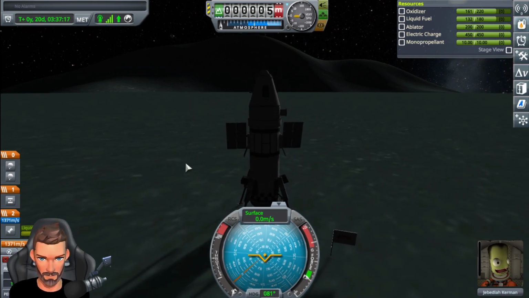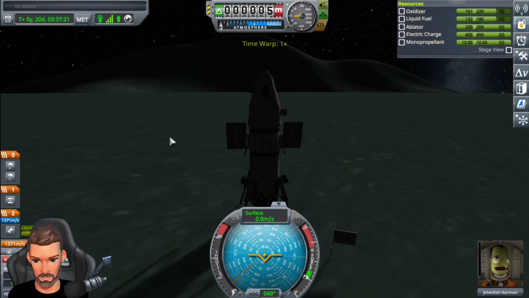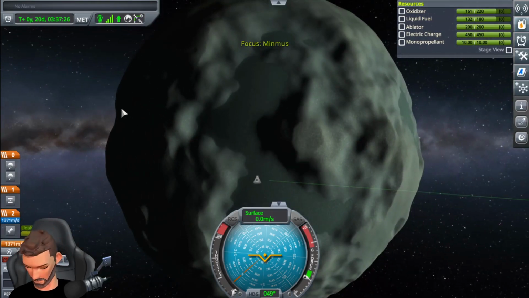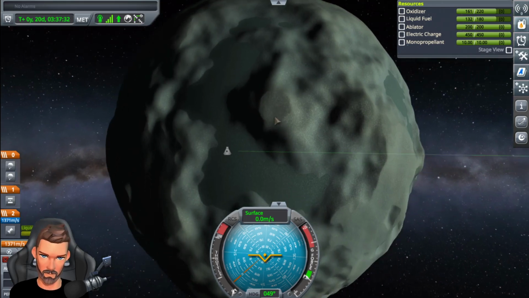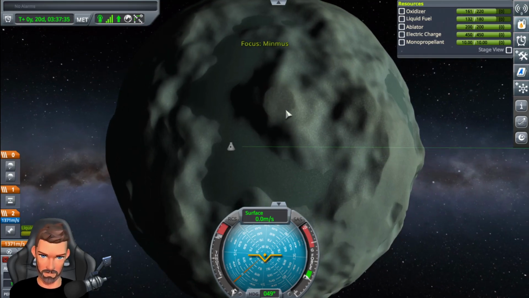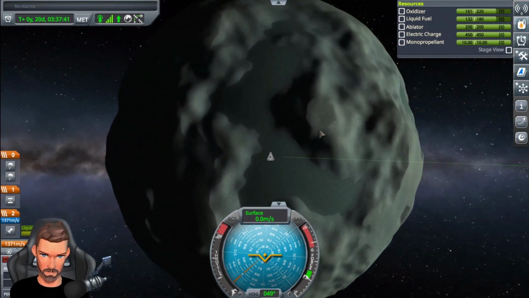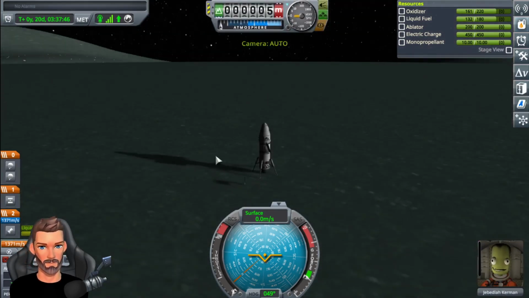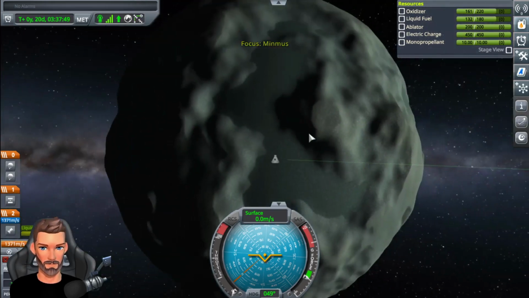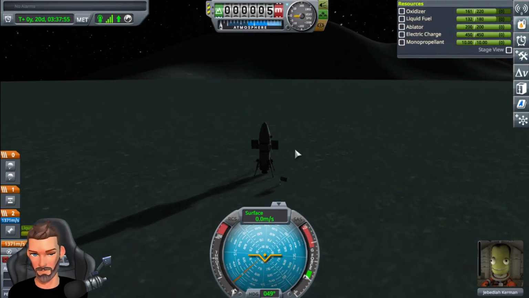Alright, so let's think about what we're going to do next. Let's see. We could attempt to fly up to here. Nice little peak up there. That's the way I'm looking, right? Yep. So let's...